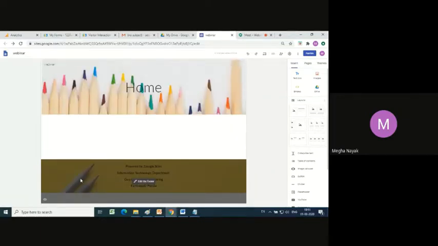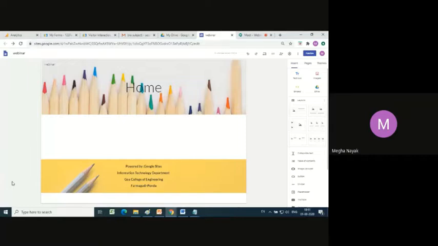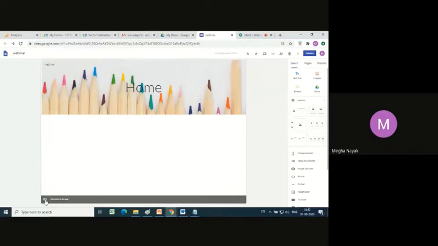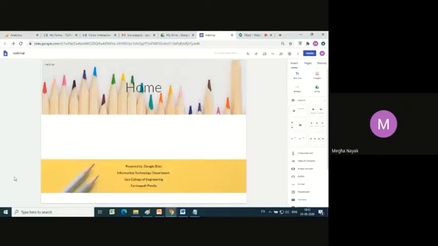Now sometimes it may so happen that you design the footer but you still don't want it to be seen on the website. So there is an eye option here. You click on it, the footer is not going to be seen, but it is still designed by you. Am I clear? So I am back on the footer over here. Every time you make a change to your website and you want to see how it's going to look, just hover over this small tab over here. This is an undo option, this is a redo option, this is the preview option.